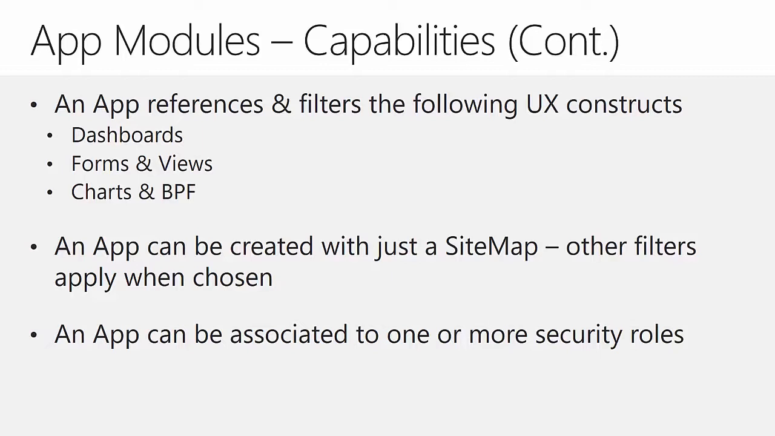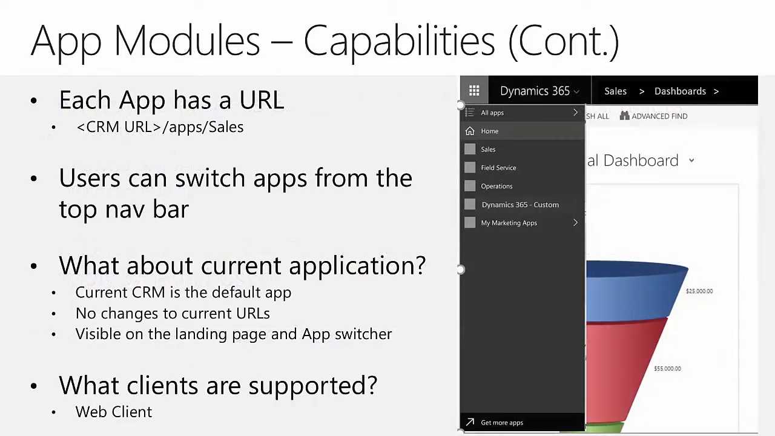Visualizations such as dashboards, forms, views, charts, and business process flows, to name a few, are all set within the app. It is important to know that a single app can be associated to one or more security roles, so system administrators and customizers have full control and flexibility when deploying these apps within an instance. Each app will also have its own URL, and users can switch from one app to another from the top